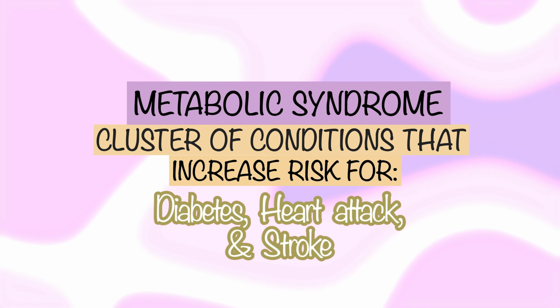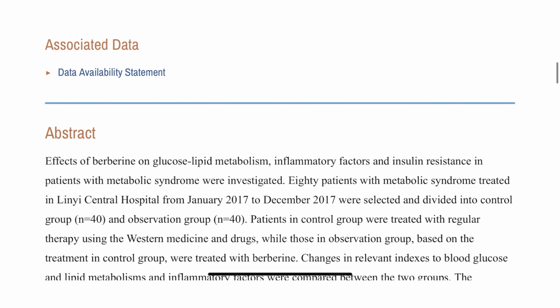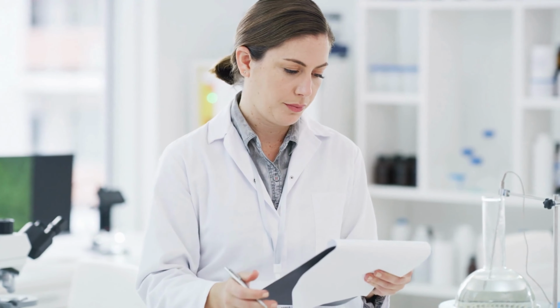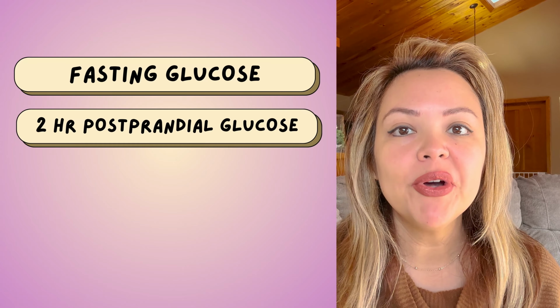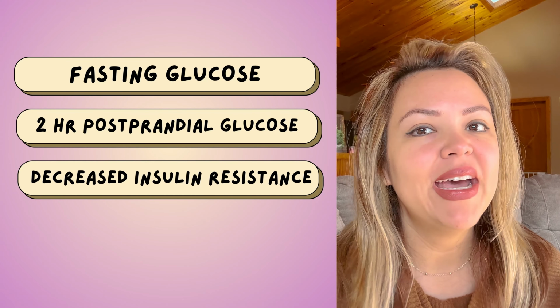insulin resistance. In a study examining the effects of berberine in individuals with metabolic syndrome, researchers examined its effect on lipid and glucose metabolism. They also focused on inflammatory markers. And what they found is that individuals within the intervention group experienced significant improvements in their fasting glucose levels, as well as their 2-hour postprandial glucose levels, and in their insulin resistance and blood lipid metabolism when compared to the